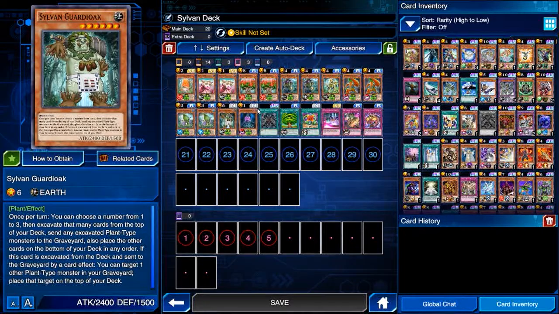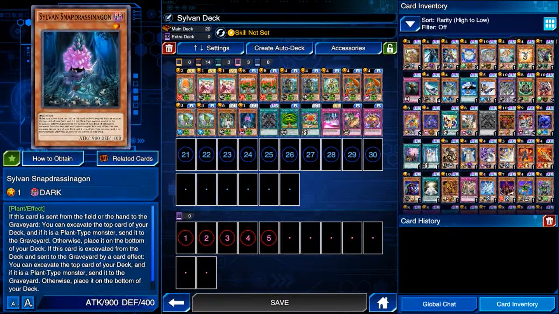You just use his effect and it gets excavated, and then you can bring your plant type monster that's in the graveyard on top of the deck. This deck's pretty much just recycle. It's kind of a recycle type of process, you know. I don't know. Anyways, this one is